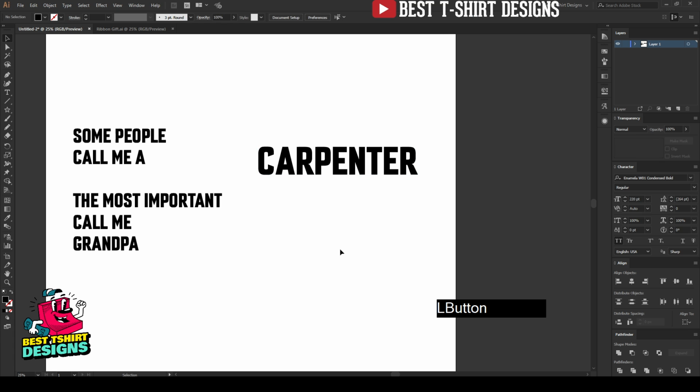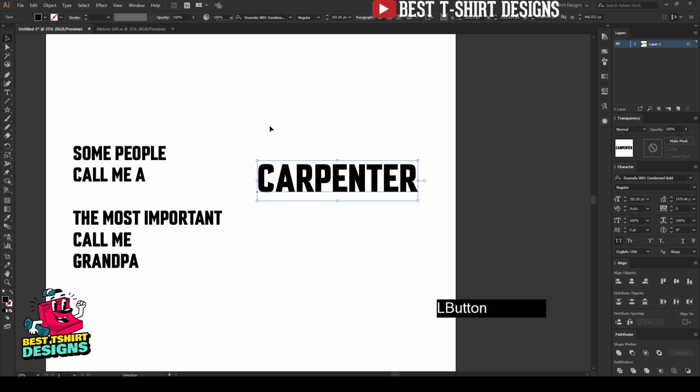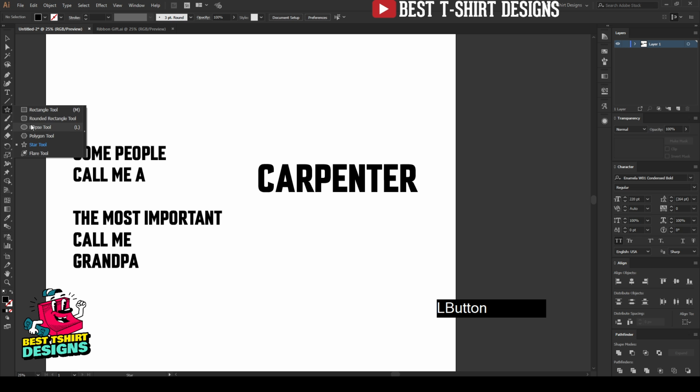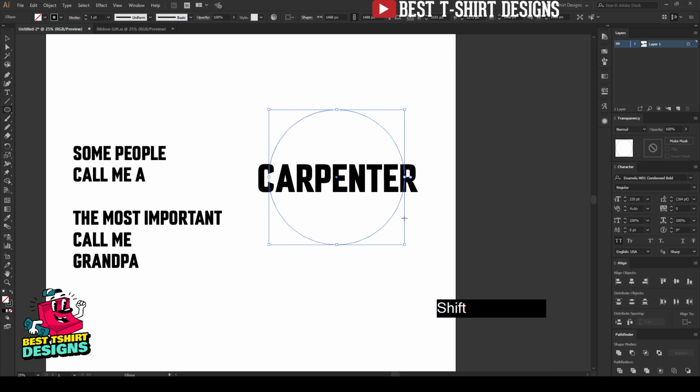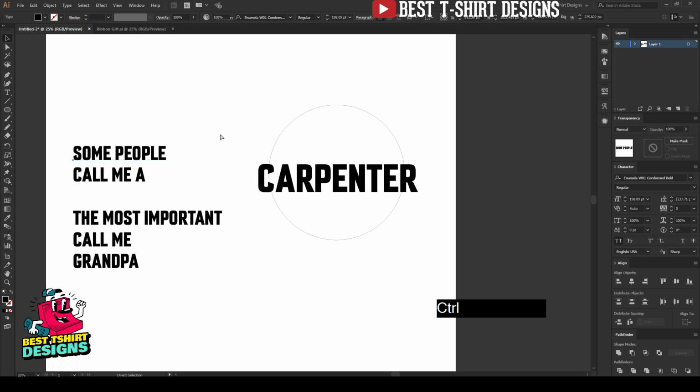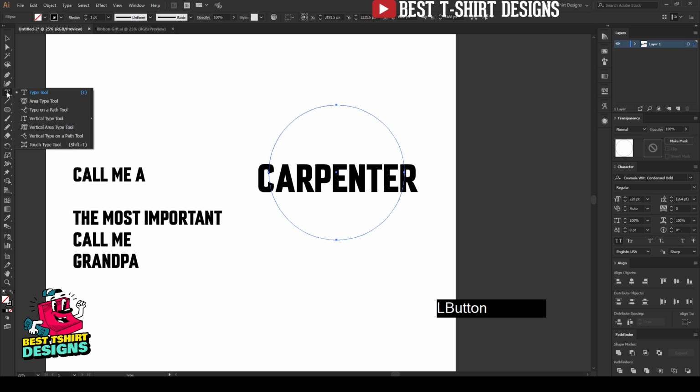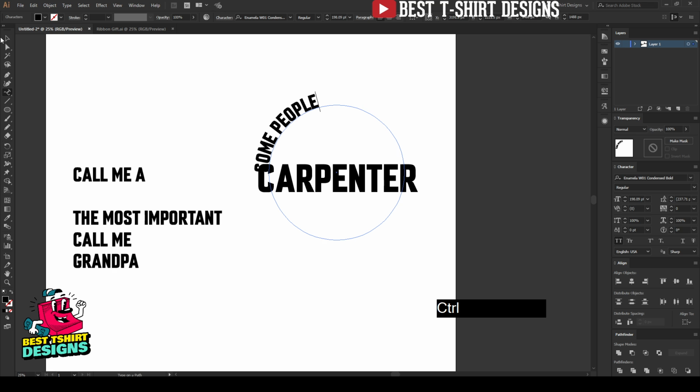And now whenever we use graphics, we use graphics like vectors to represent a theme. Now if you are giving a good message, then graphics are not really important here. So I'm not going to use any of them here. I'm just going to use some basic shapes. So this is the carpenter text. I'm going to take an ellipse here, kind of like this. Then I'm going to cut it, select that ellipse, and then I'm going to paste my text here.